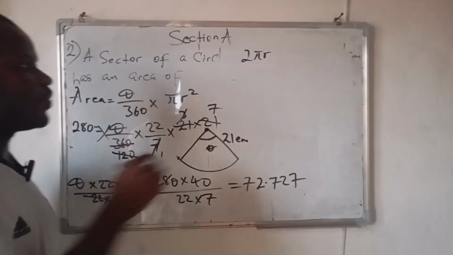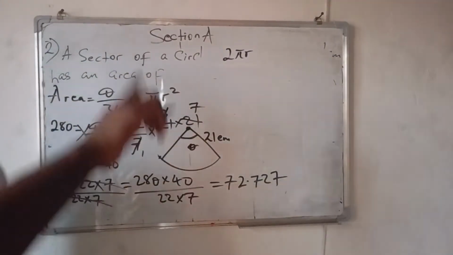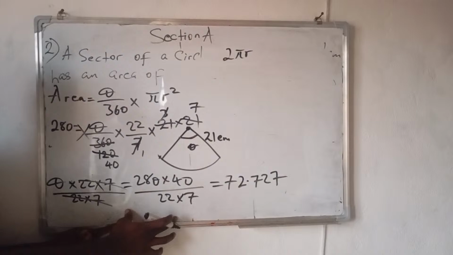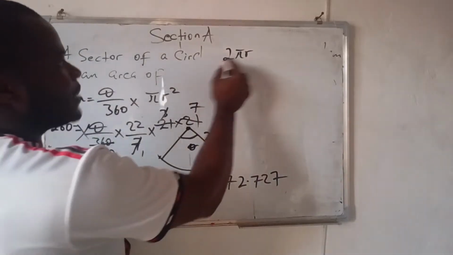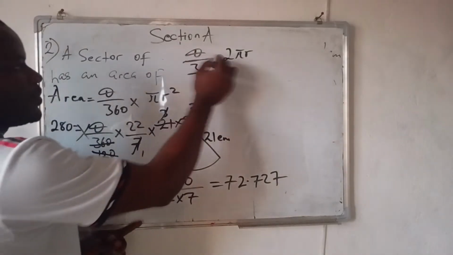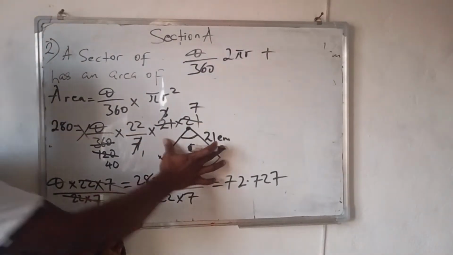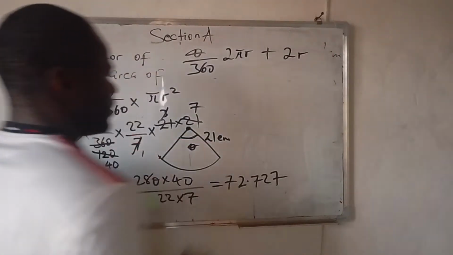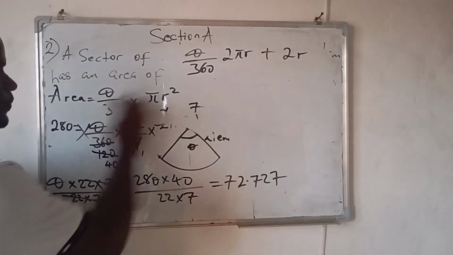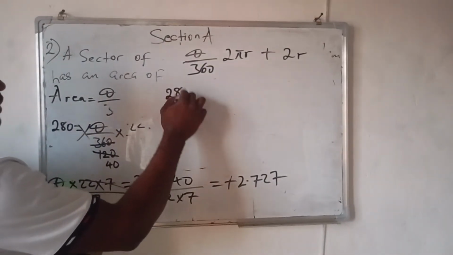But we're going to do a small thing here. We have a fraction of the circle. Remember, this is not a complete circle. In a complete circle, the angle at a point is 360. Since we have a fraction here, and this is our theta, we're going to have theta over 360 times 2 pi r. And since we are looking for the perimeter, we add the two radii, which is 2r. Keeping our theta like this, in order to avoid approximation, we have our theta already. So we have 280 times